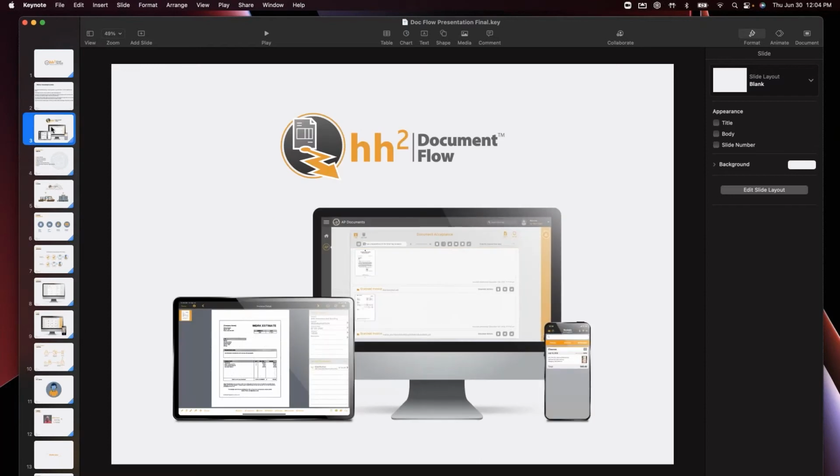Now, as mentioned, HH2 is a fully hosted cloud solution. So what that means is we're available on many different devices. So whether it be a web browser or phone or tablet, we have many different interfaces that are going to be available within this solution. We'll talk through some different resources as we walk through the product, but just know you can take whatever items you would like and use HH2 for your different personnel.